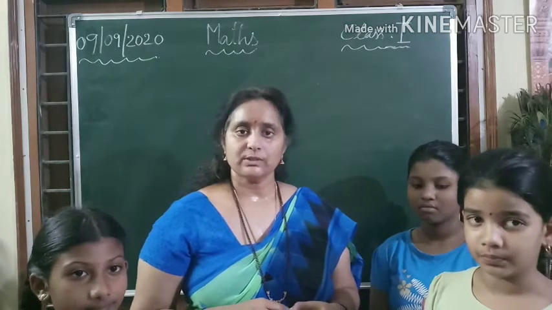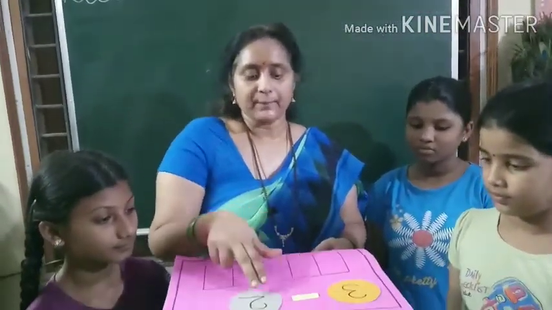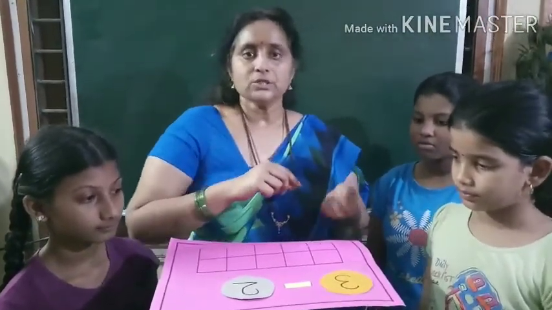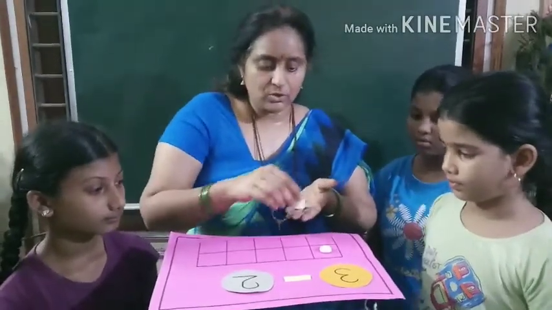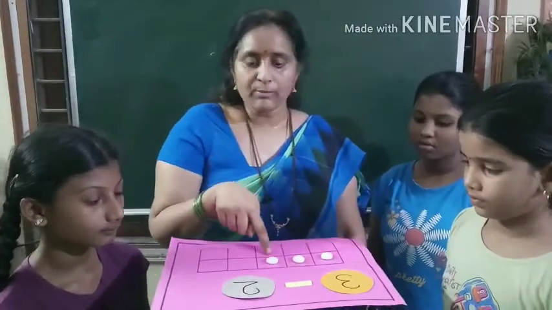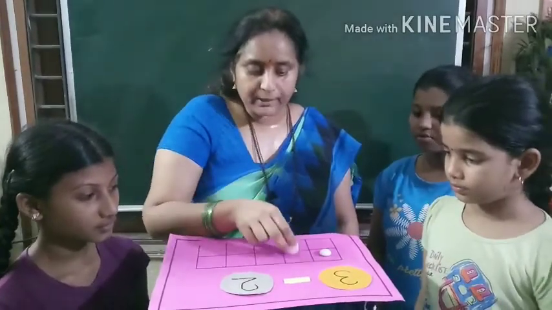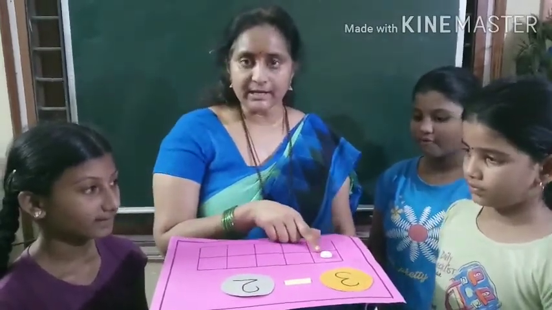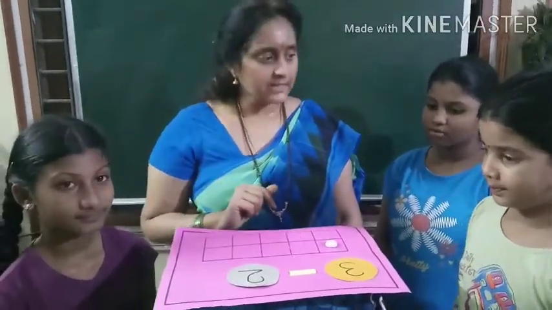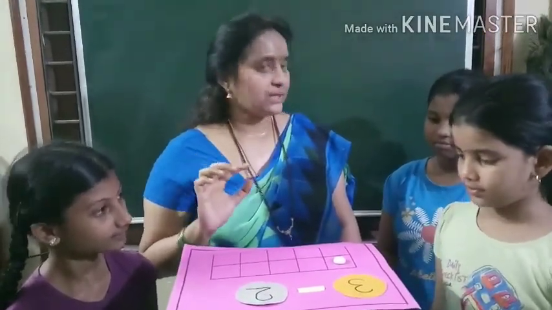Now let us do the subtraction using one activity. Here we have 3 minus 2. Means we have to take away 2 from 3. So here I have 3 pebbles. So I am keeping the pebbles here. So from these 3 pebbles, how many pebbles I have to remove? 2. So take away 2 pebbles. How many left over here? 1. That means 3 minus 2 equals to 1. Is it clear? Okay. I will give you some problems. You have to do like this.